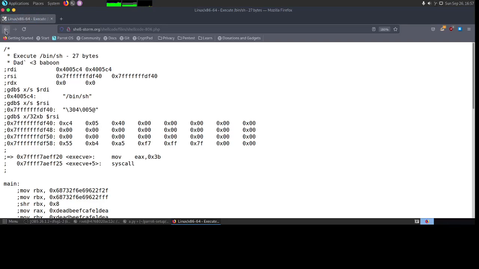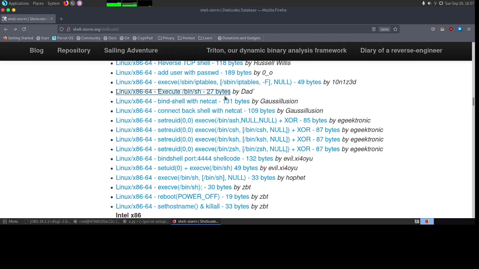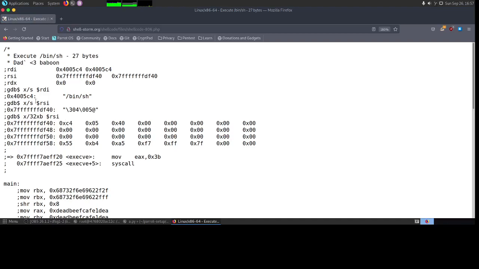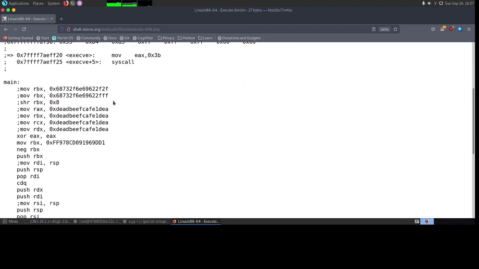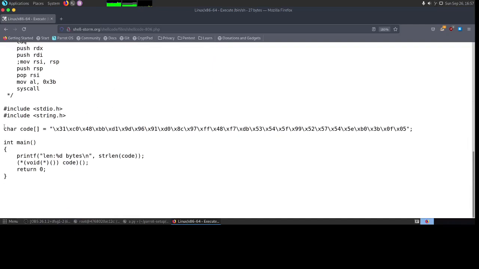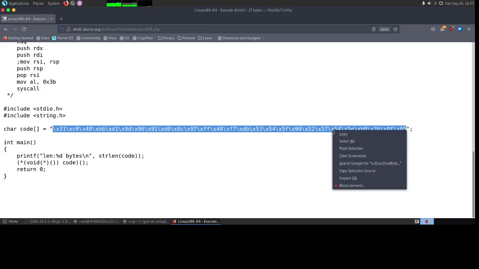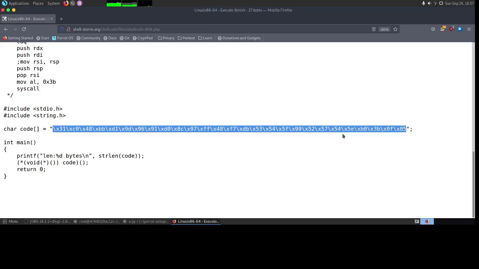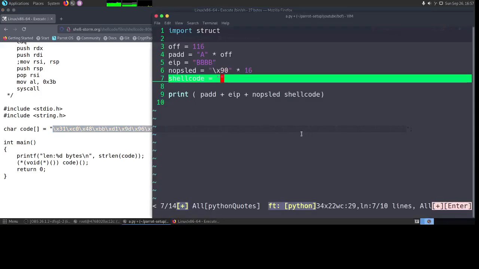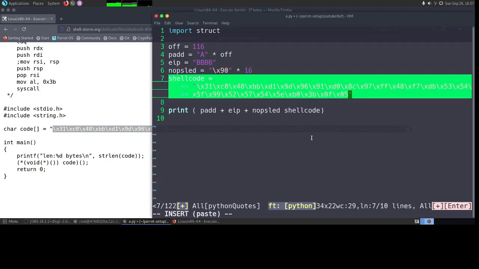This is the 27 bytes execute /bin/sh. This simply does an exec /bin/sh. So we will copy this. This is the shellcode that we want to execute. We will copy this and put it here.